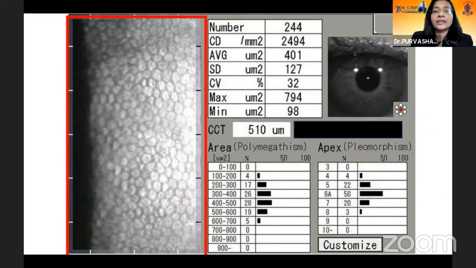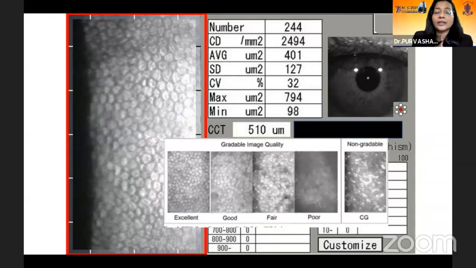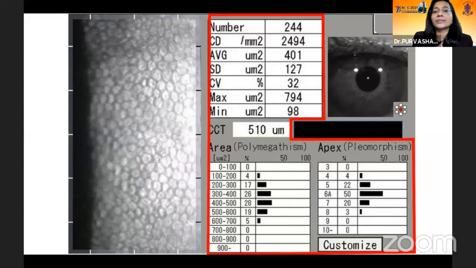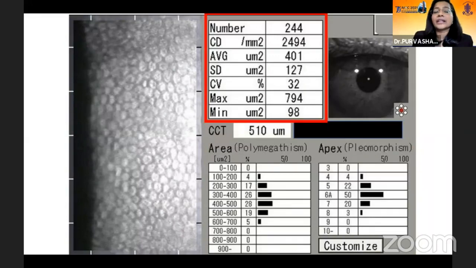Then it shows the qualitative analysis, in which the picture of the actual endothelium is seen. You can measure the cell boundaries, look at the quality of the cells, and look at the conformation of cells and their boundaries. Depending upon whether the image quality is good or not, we can go ahead and analyze this further. This then brings us to the quantitative analysis, wherein the first thing is the number of cells which have been counted, the N.